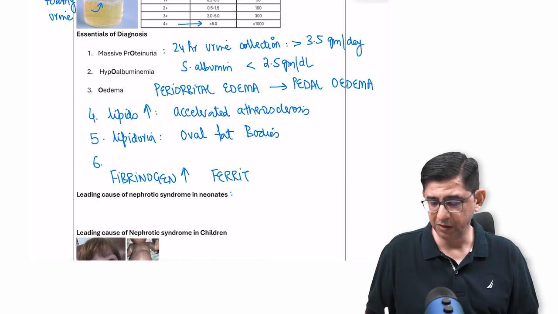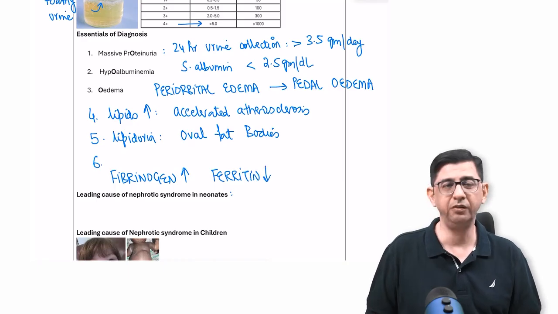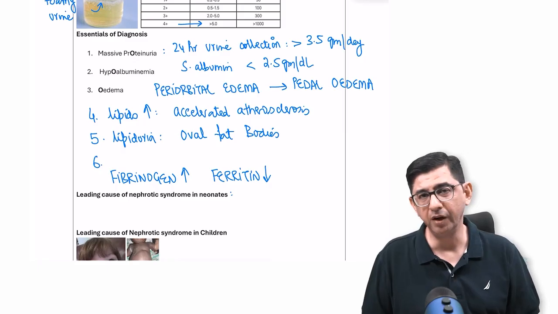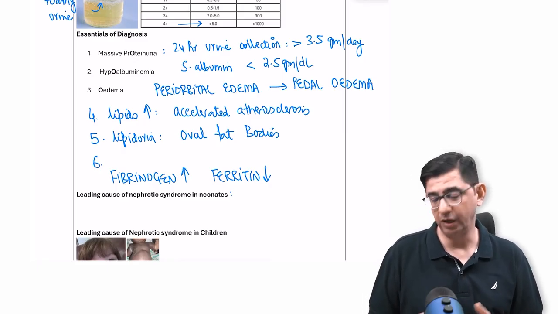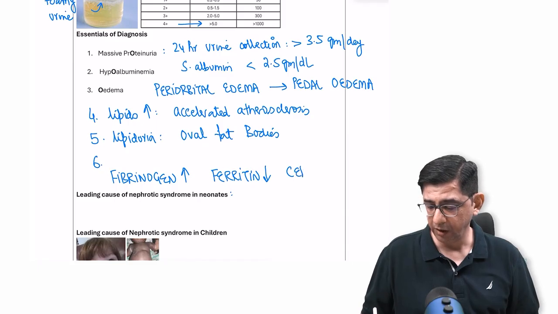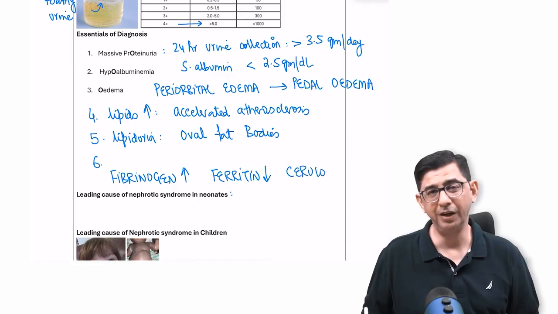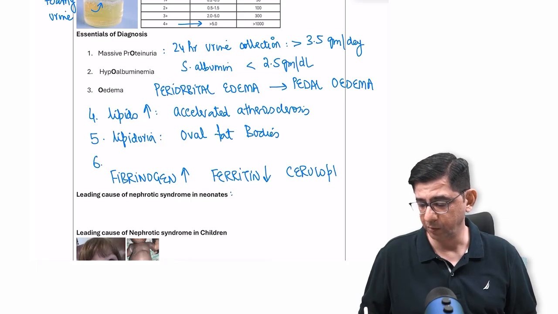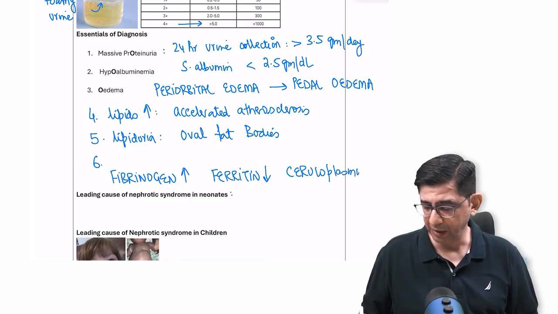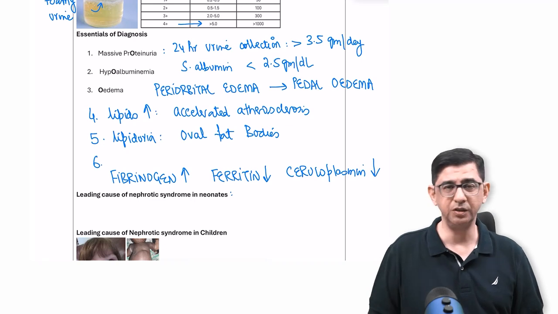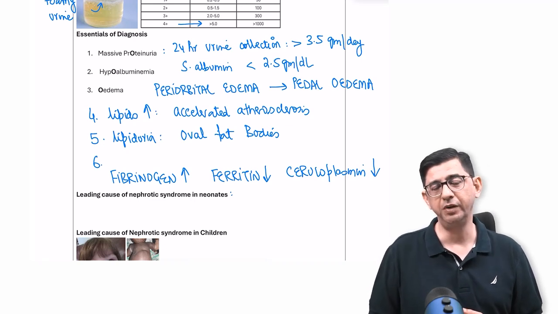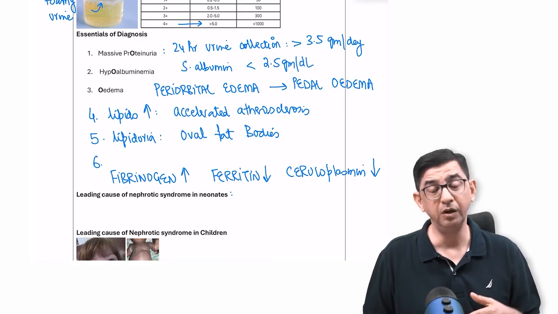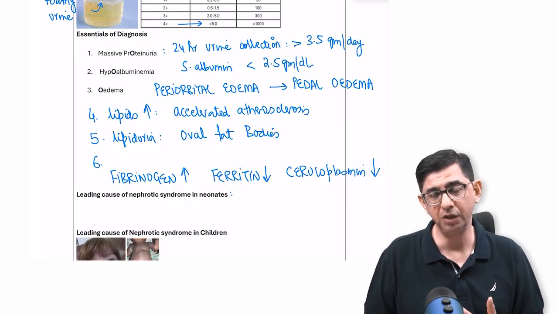So don't be surprised if he says that the patient is having a deficiency of ferritin, which can cause an iron deficiency anemia like manifestation. Or in an MCQ of nephrotic, he may deliberately mention the word low ceruloplasmin. He wants you to think in terms of Wilson disease. So agreed, in Wilson disease, ceruloplasmin deficiency is present, but even in nephrotic syndrome, ceruloplasmin deficiency can be present because